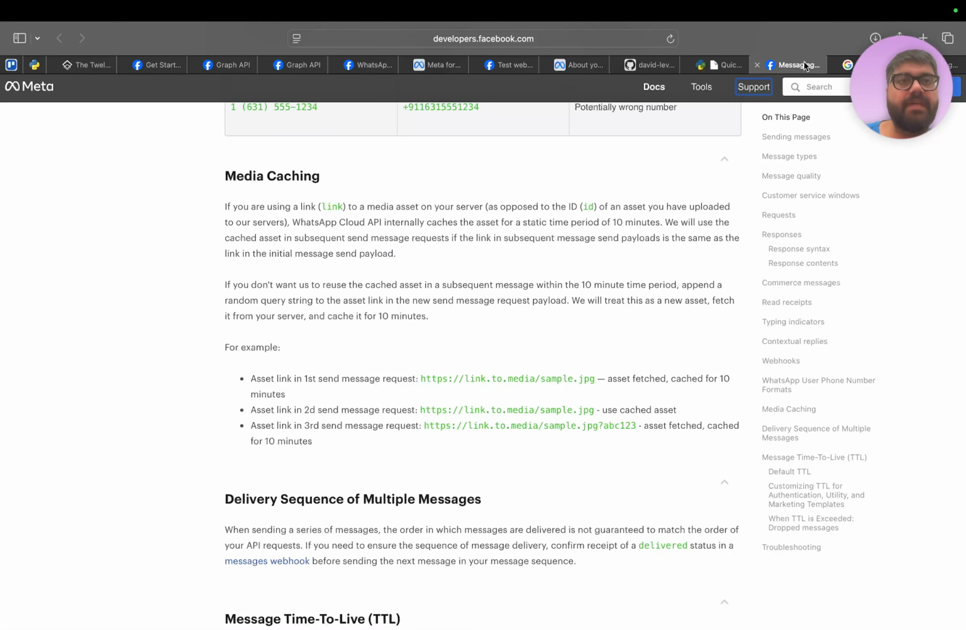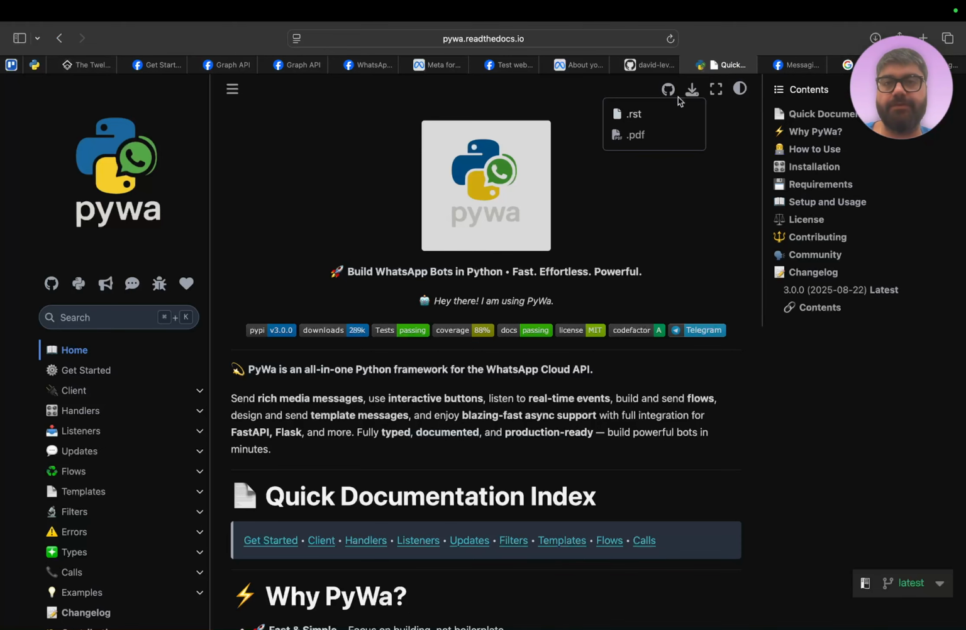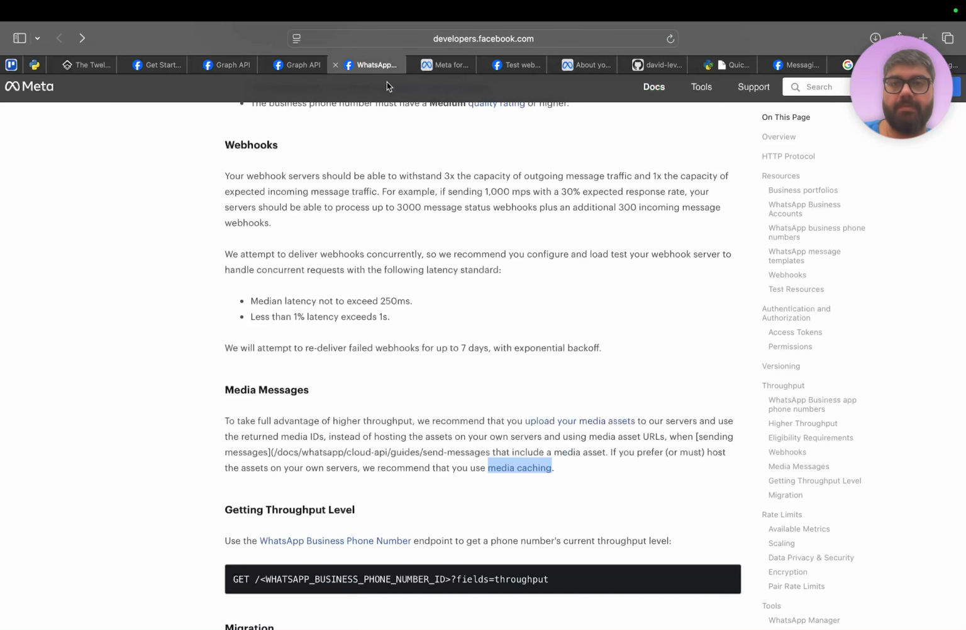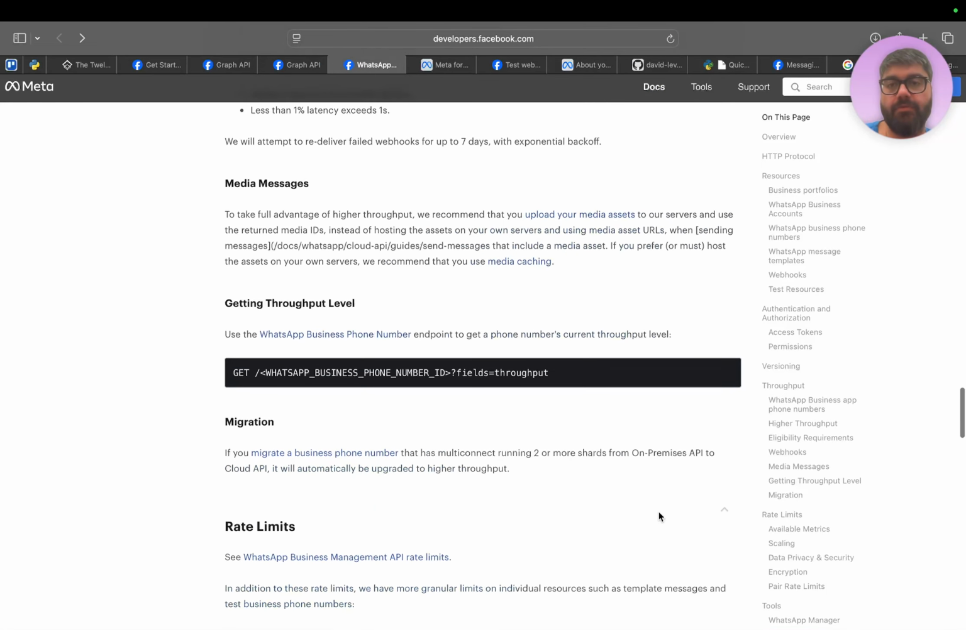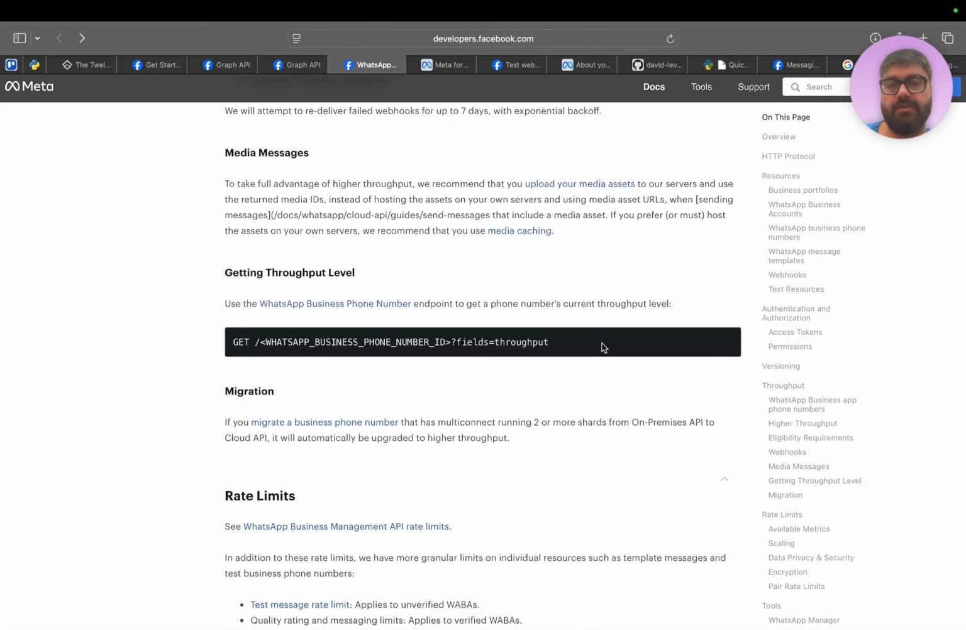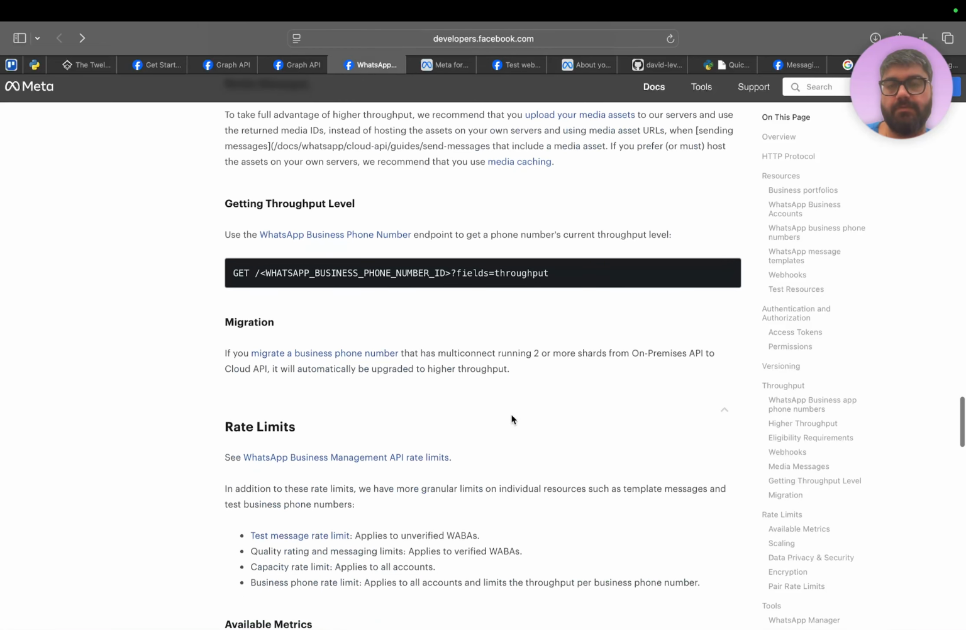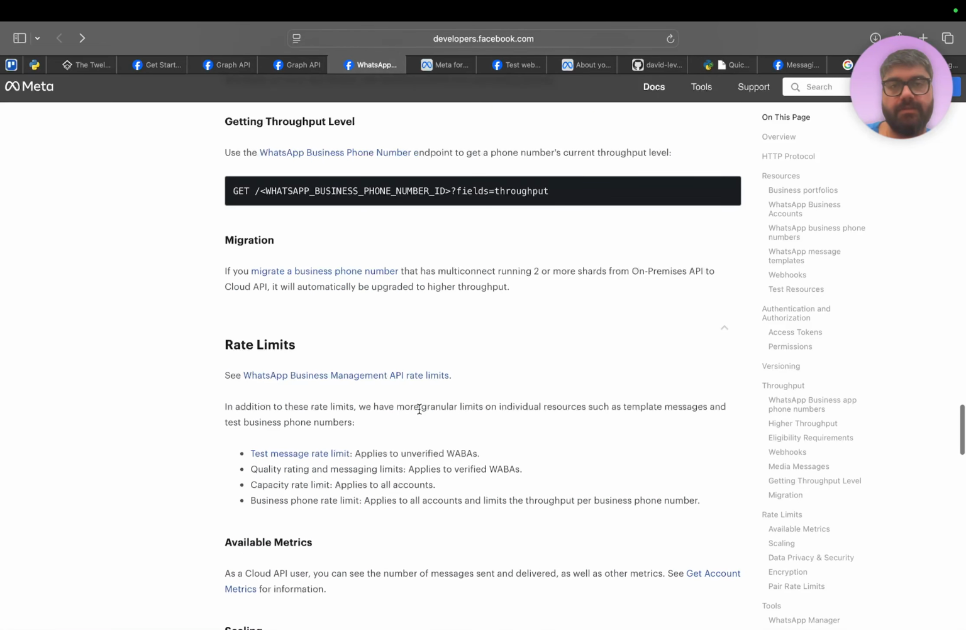So essentially, it just automatically does it for you when you're sending a media asset. If you send the same URL again without adding some random query parameter, it will just automatically cache it for you. Going back here, getting throughput level, you can fetch the throughput level for your particular phone number ID. Migration,